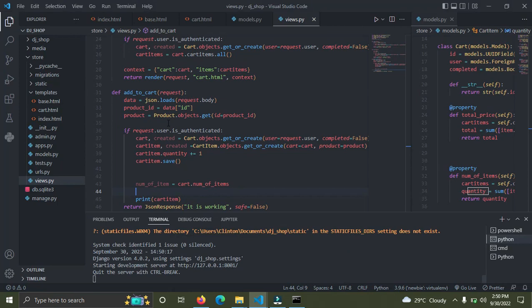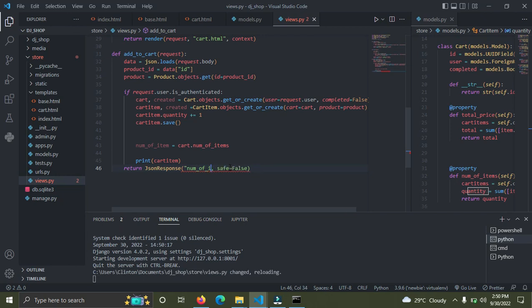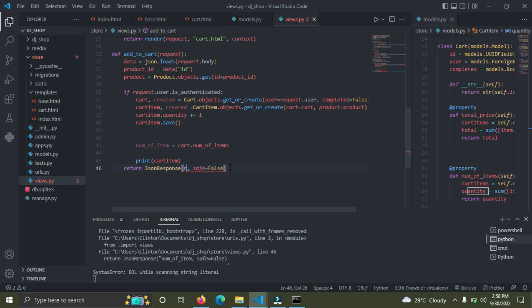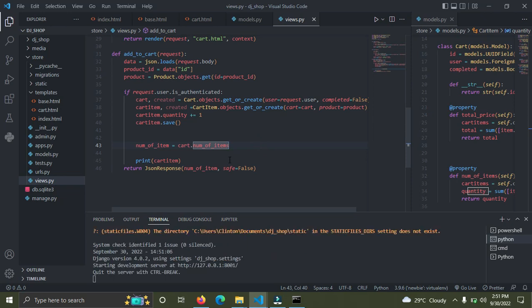So I'm going to simply pass this num of items as data we are expecting on the front end, as something we want on the front end. So that's what I want to pass. I'm going to simply say num_of_items. Num_of_items. So that's it over there. Okay, after we've gotten this now, I want to simply update